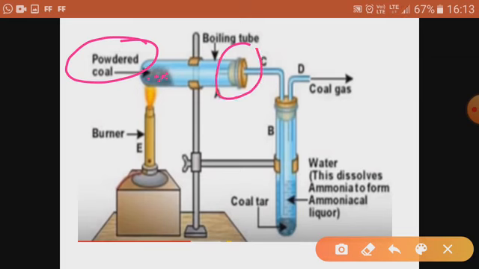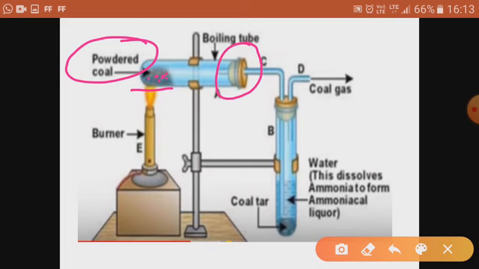How come? Because we are using a cork so that it is blocked and no air or oxygen can enter. So you have to heat coal, because this process is destructive distillation of coal, that is, heating coal in the absence